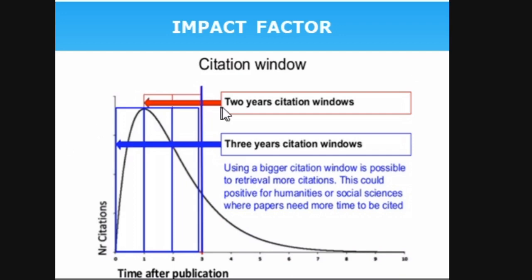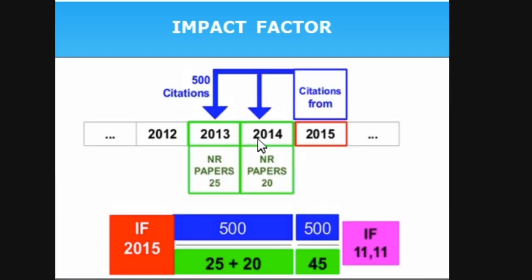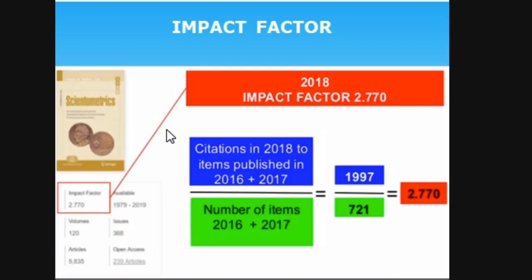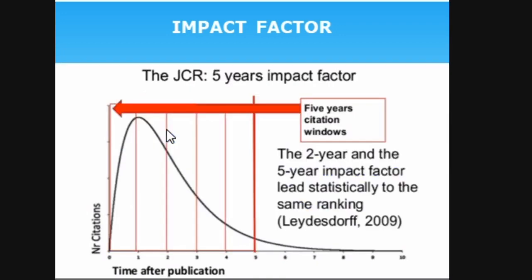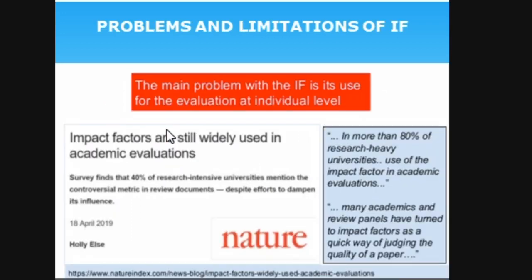We saw an example of a 2-year citation window. If you want, you can compute 3-year. That means you have to include one more year, this year also, 2012. If you include 2012, it will be a 3-year citation. Similarly, there will be a 5-year citation. For all the 5 years, it is the number of publications published by the journal in the last 5 years, plus the citations received in the current year. Normally, if you say impact factor, it will take only 2 years, and you can specifically compute for 3 years or 5 years also.